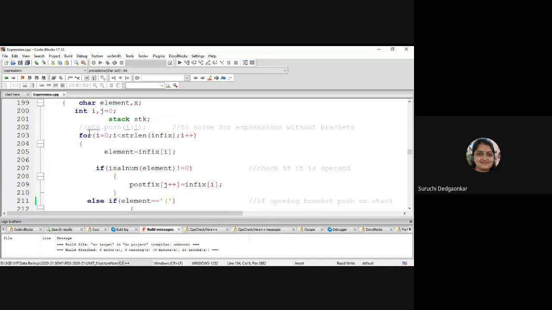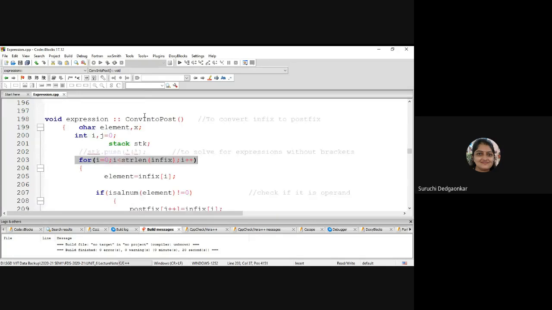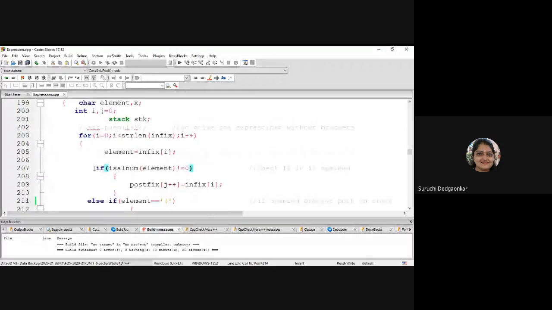So in conversion, we are accessing the infix expression from left to right in order to convert it into postfix. The current character is called element. We check if it is an operand or not. If it is an operand, copy it directly into the postfix.